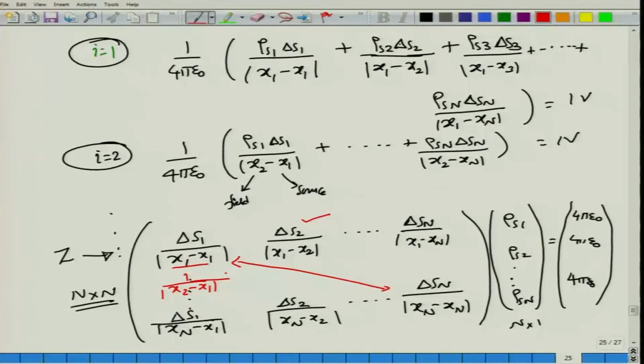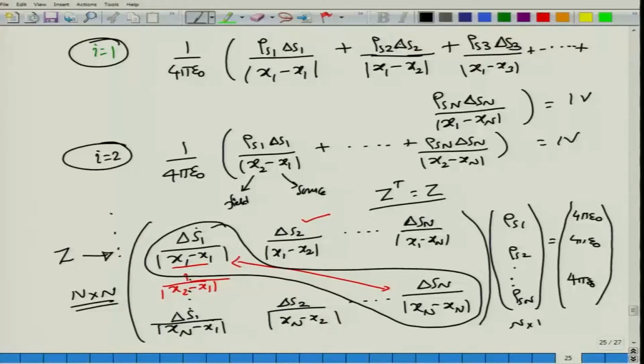Okay, so you have a matrix which is symmetric, which means if I take the transpose of this Z, then I obtain Z transpose equal to Z itself. And further, the problem is that all these diagonal elements seem to go to infinity. So how do we overcome this problem of infinity? I will not completely give you the way in which it is done.